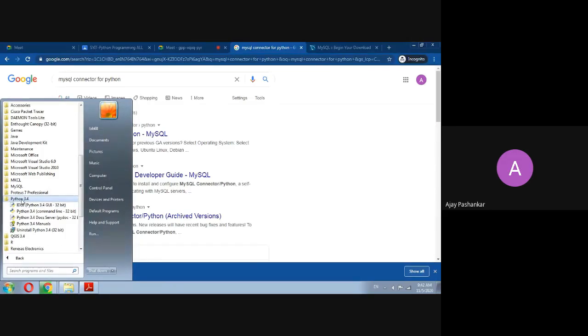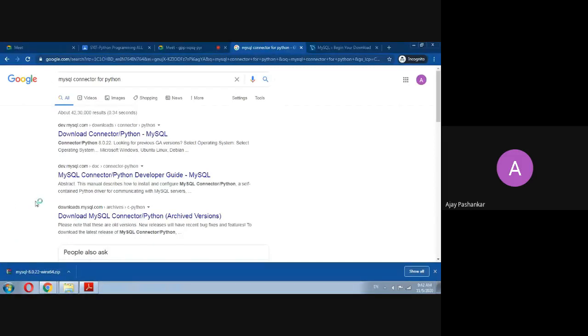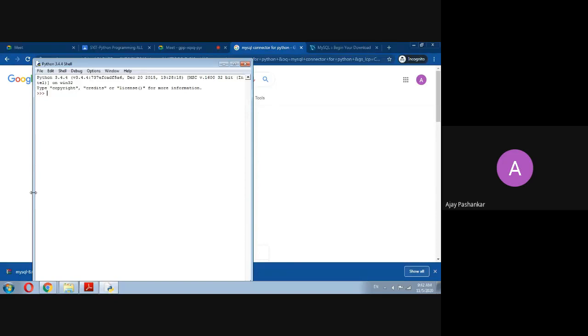I think my screen is stuck at a particular point. You can just see this Python 3.4. Open Python IDLE, don't worry. It will open. As you can see, Python.